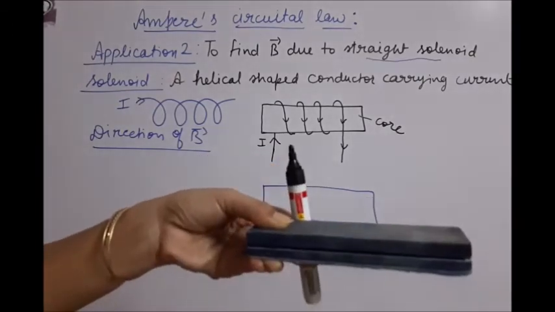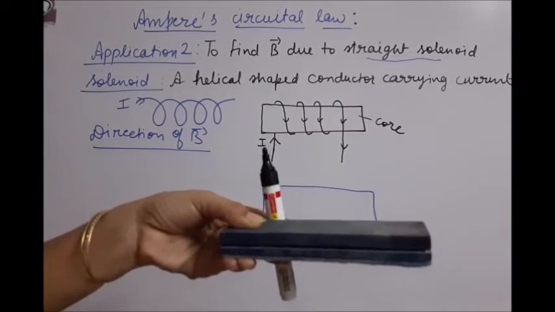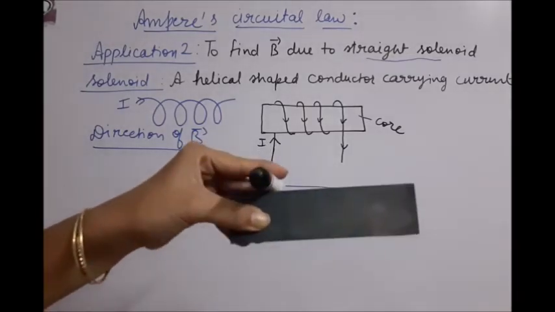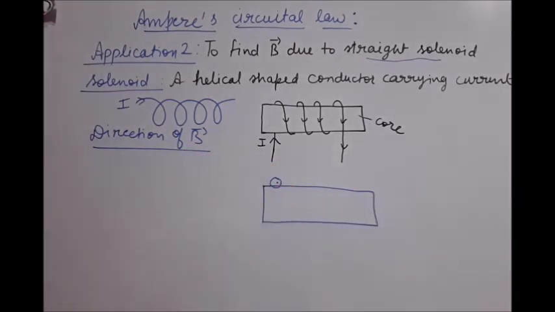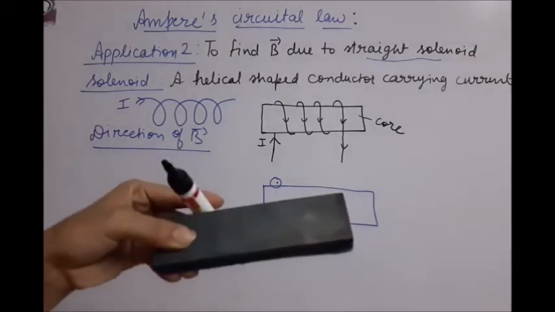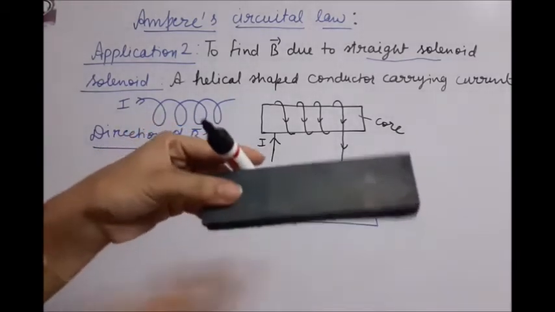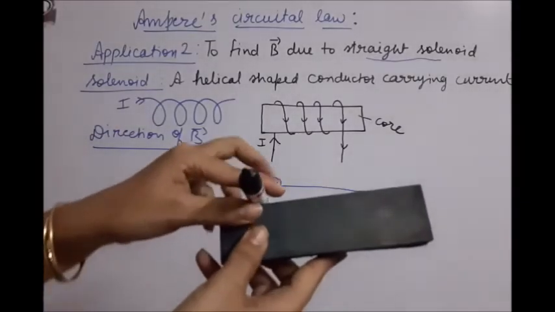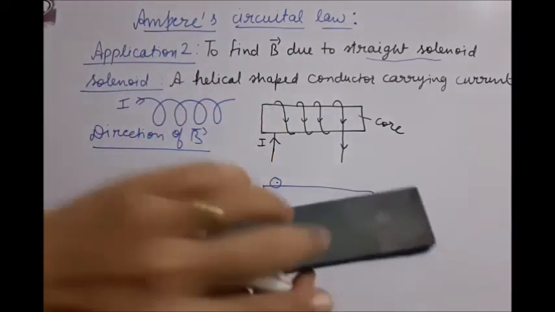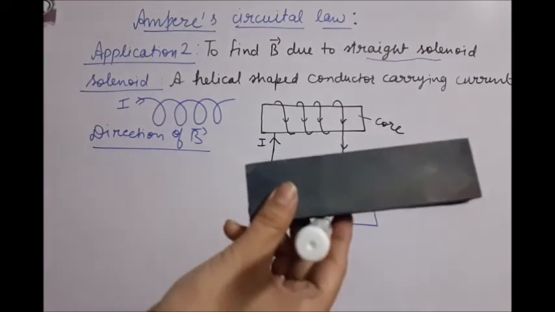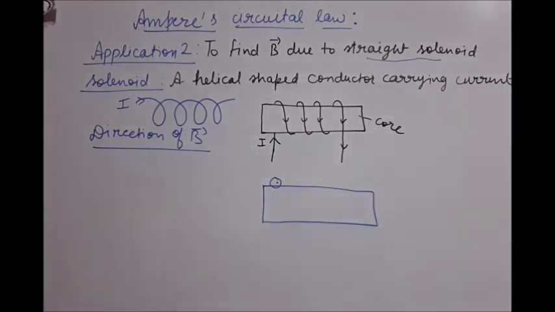See again, this was the solenoid. At the back side the current was moving up. If you see the top view, then the current is coming out of the board. Current coming out means I will show the current by a dot. Then again, when the same current turns and moves down, here you will see that the current is getting into the board. So this side I will show it by a cross. I think you have understood why dots and crosses have been shown for the top view of the solenoid.